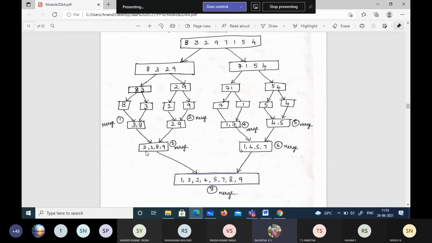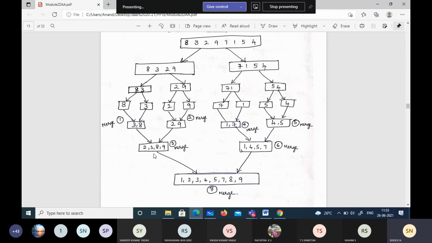2 and 4. Yes, right. 2 and 4 are compared, isn't it? Because I have moved this. This is as it is, and I have moved k. This is k, this is j, and this is the i index. So 4 and 2 are compared. Which one is smaller now? 2. So 2 is placed here and k will be incremented and i will be incremented. Clear?